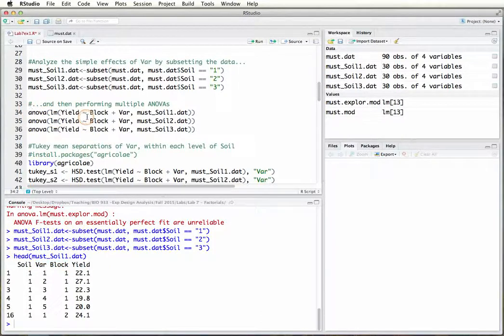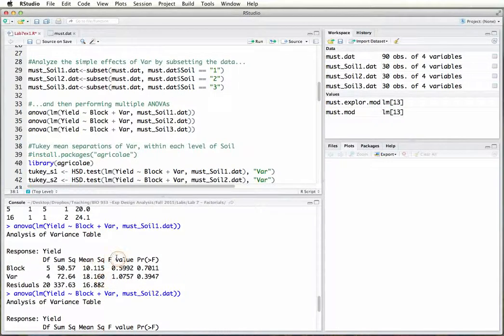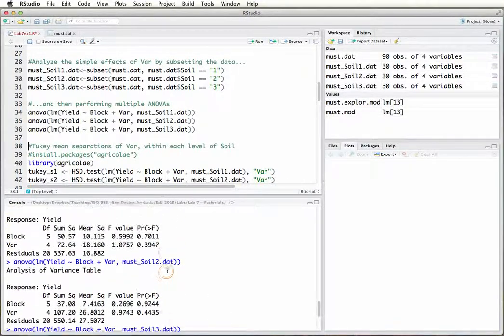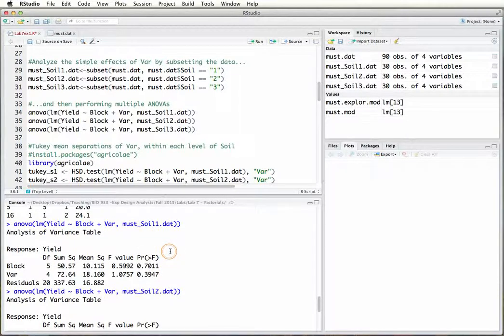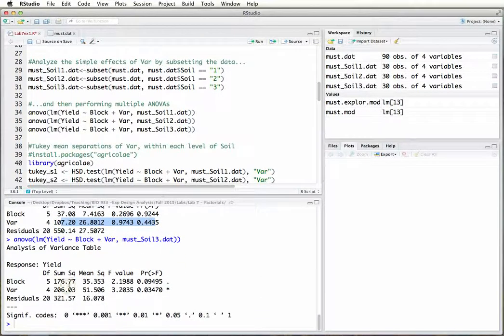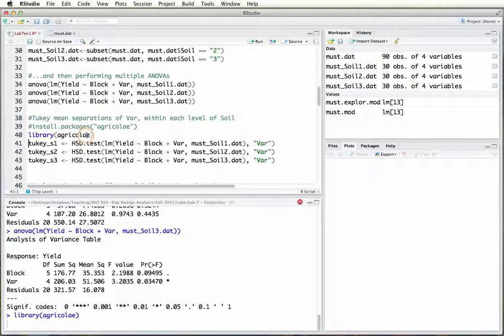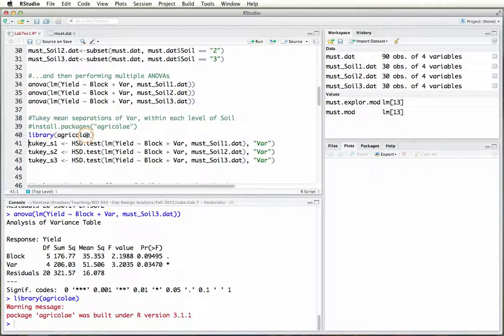So I have my 3 data sets. I can run my 3 ANOVAs. Bump, bump, bump. And here you see them. This is the ANOVA for soil 3. There's the ANOVA for soil 2. There's the ANOVA for soil 1. And what's interesting is that in soil 1 I see no differences among varieties, in soil 2 I see no differences among varieties, but in soil 3 I see significant differences among varieties, and that is the interaction. If I wanted to run Tukey mean separations, I need to activate my Agricola library,